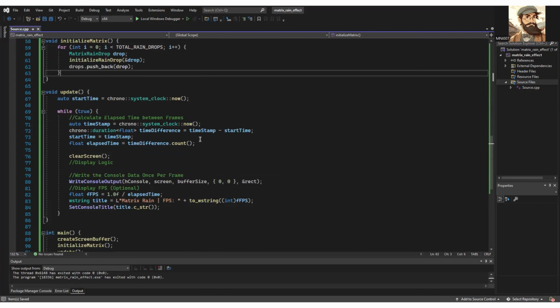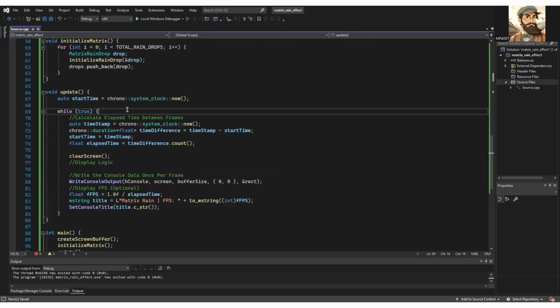Now let me quickly explain what this update function is doing. Currently, we have a start time. We're just storing the timestamp when the program started. Then we go into this loop and we get the current timestamp. We calculate the difference, and then we resolve into elapsed time. And also we make the start time the current timestamp. So every time this loop runs, we subtract the time differences, and it essentially gives us the elapsed time between